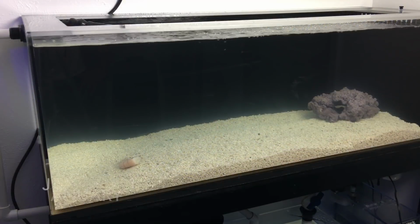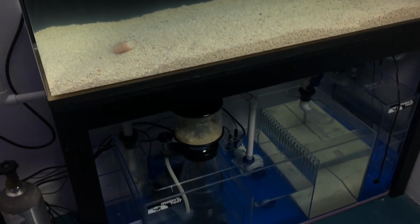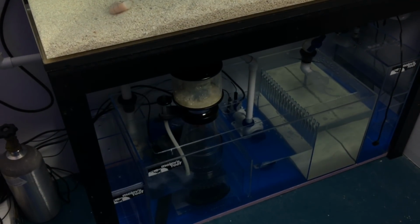The shrimp has been in the tank now for about 2 days, and it hasn't even really done any kind of decay. It's just sitting in there rotting. And I know it's rotting because the water has gotten a little cloudy, and there's this really hideous looking scum that's down in the sump. The skimmer is turned off during this period because I want the decay to occur to create some ammonia for the cycle. But way down in there,